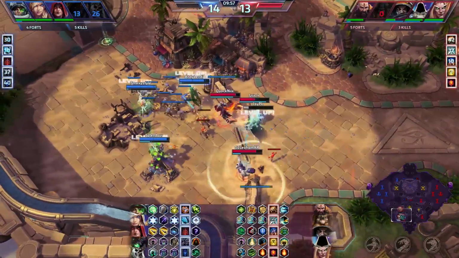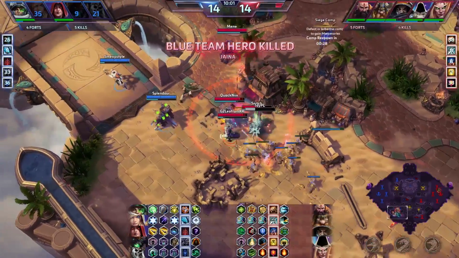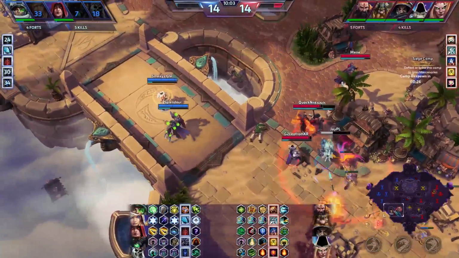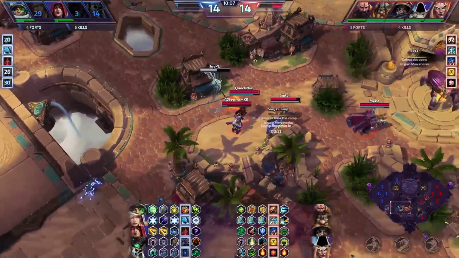Apparently did not really see this one coming. Now 2 of their heroes are down. It's a 5 versus 3. Menes flanking from the side and blasts Jaina away. Well, the battle between ice and fire, at least for now, has been decided in favor of Khaldor, and now